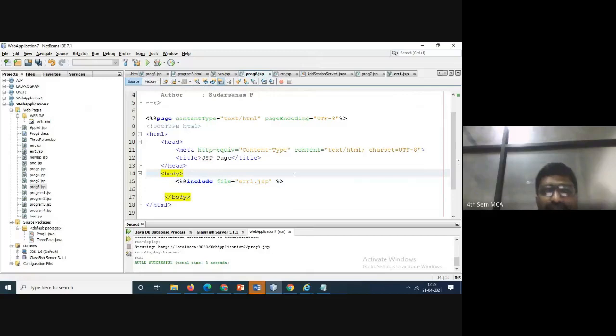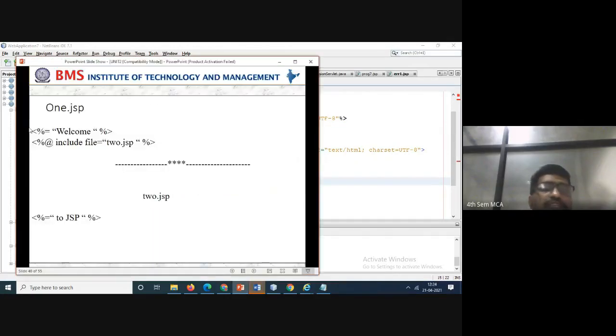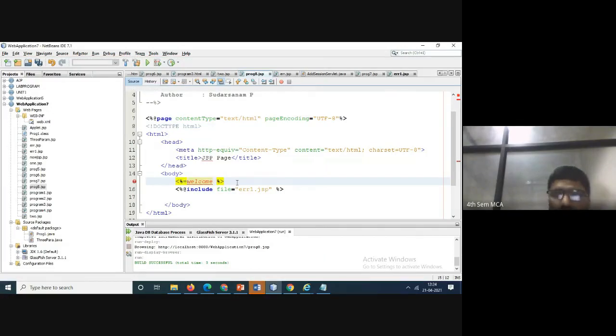If you want, you can write welcome something. So enter this and equal to welcome. This is the code you have to write here.